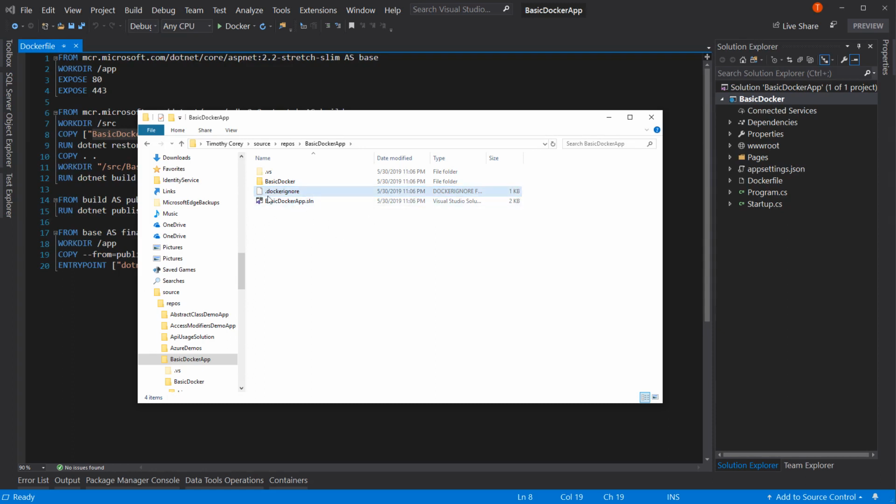But right now, it's saying that the Docker file is here, even though it's one layer deeper. And the reason for that is because in the .NET world, we have a concept of a solution and projects. And so it doesn't know if there's one project or multiple. So it wants to go at the solution level so that it can bring in all the different projects if